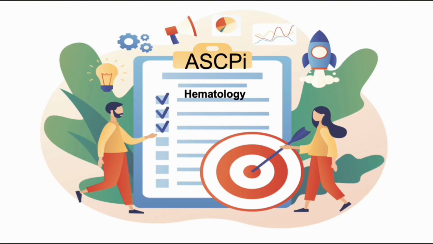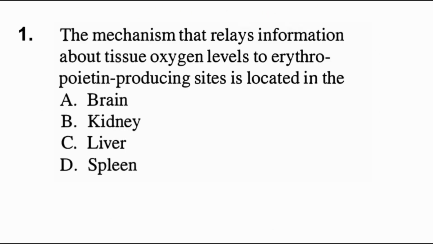Hello, today we are going to review some important concepts in hematology and physiology by walking through a few multiple choice questions. So the first one, the mechanism that relays information about tissue oxygen levels to erythropoietin producing site is located in the